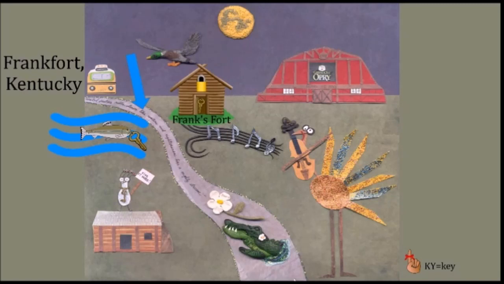Now, the reason Frankfort was named as the capital, there was an early settler. His name was Stephen Frank, and he was very beloved by the people who lived in this area with him. And apparently there was an incident, and Stephen Frank was killed by a Native American. And so the people of the area decided to name it Frank's Ford, meaning the ford in the river. But again, we're going to translate that into fort so that we can better remember it. And then you can think about the pale zone shiner carrying the key to the ford in the river, reminding